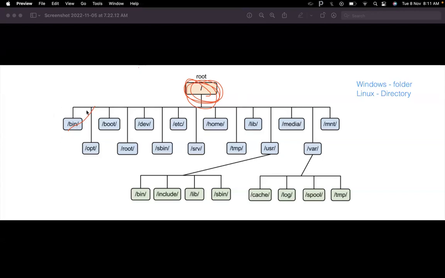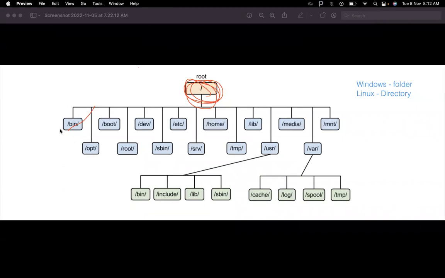Something like bin has binary commands which execute commands. Which users execute the binary commands? Both the super user and the normal user. Very good. Who told? Madhuri, I think. Very good, Madhuri.